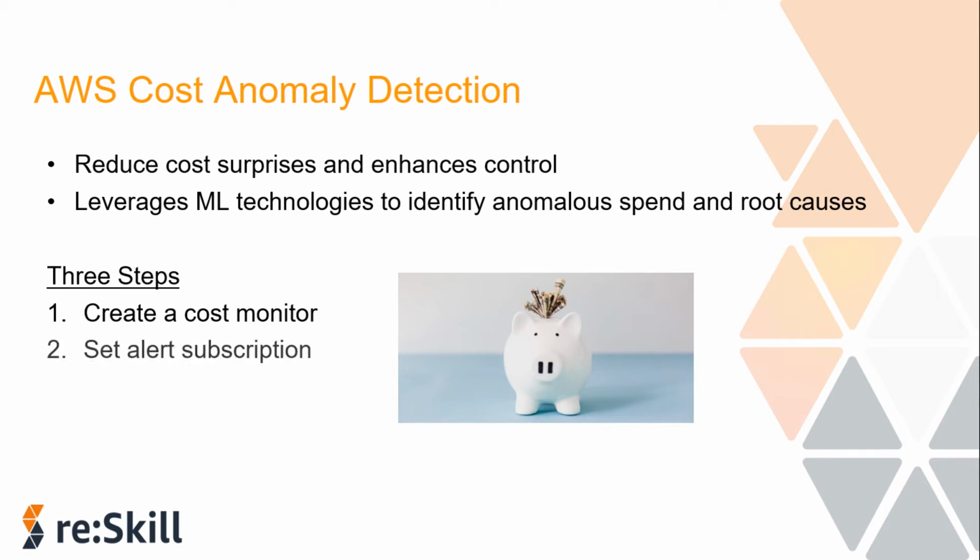Then you set an alert subscription. Once you have created your cost monitor, you can choose your alerting preference by setting up a dollar threshold. For example, alert on the anomalies with impact greater than $1,000. You don't need to define an anomaly, for example, a percentage or dollar increase, as anomaly detection does this automatically for you and adjusts over time. And that's it. You will be done. Then you can start monitoring your activities.